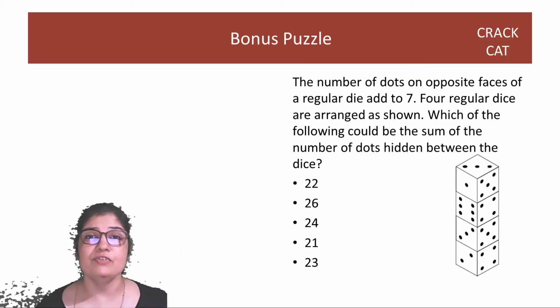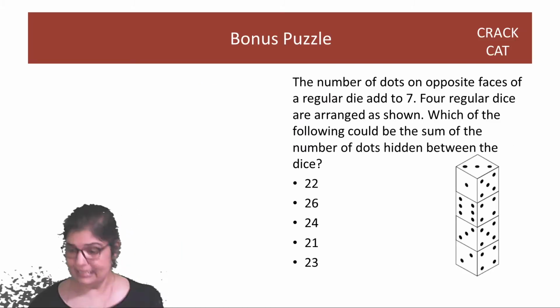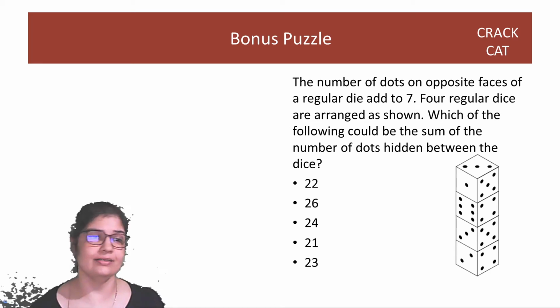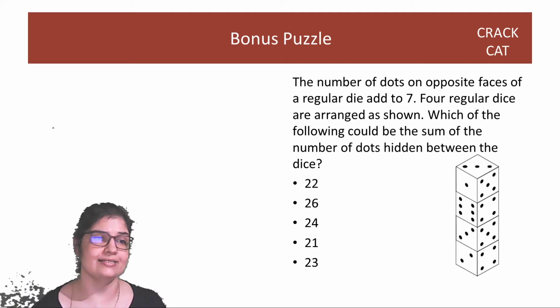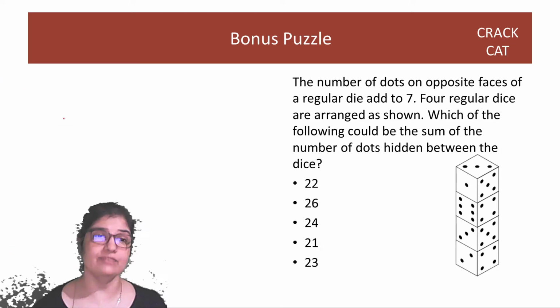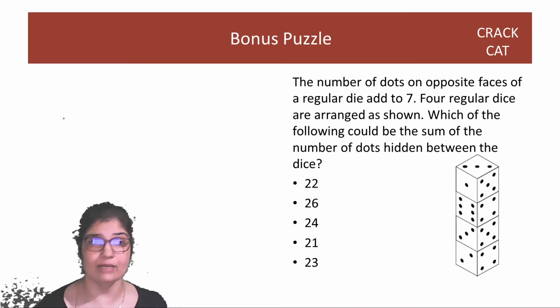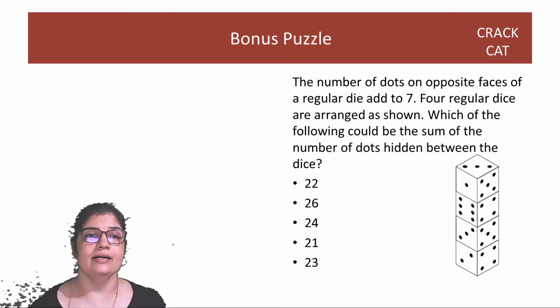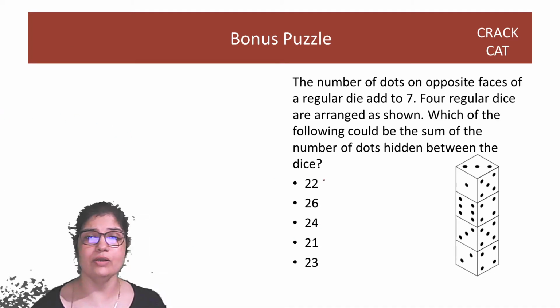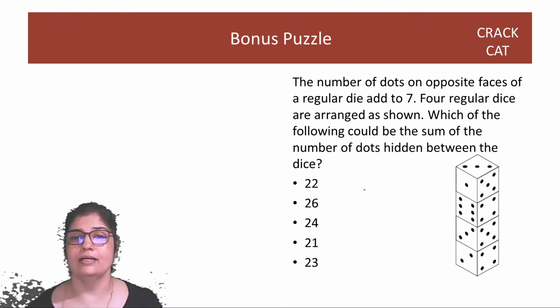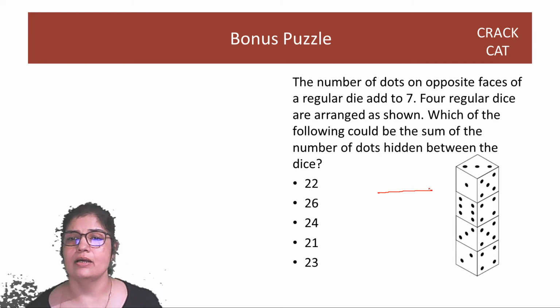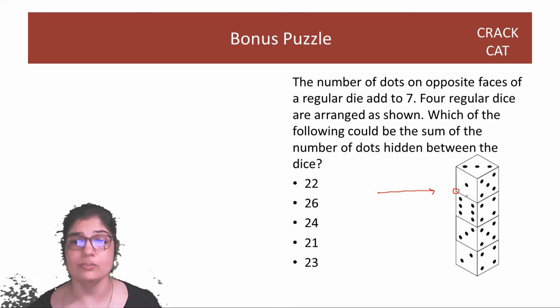So before we start off with LR, let's finish the puzzle that we had started. I had given you all last class about this dice. So let's solve that first. I hope you all have spent some time thinking about it. I told you all yesterday itself, in fact today morning, that you are going to basically add up two numbers here, which is the bottom of the first dice and the top of the second dice.